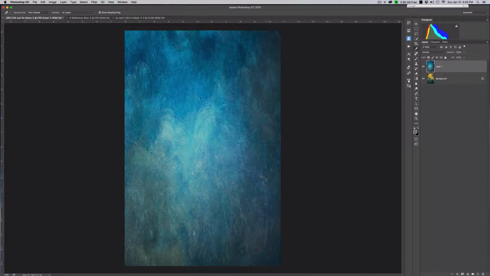You'll see that now our mouse looks like a little dropper. What we want to do is, you see we have colors here. If you have odd colors and you want to get back to black and white, you just hit the D key on the keyboard. That switches you back to black and white. If you want to go from black to white, you can just hit the X key to bounce back and forth between the colors. In this particular case, though, I want to use my dropper and I want to change